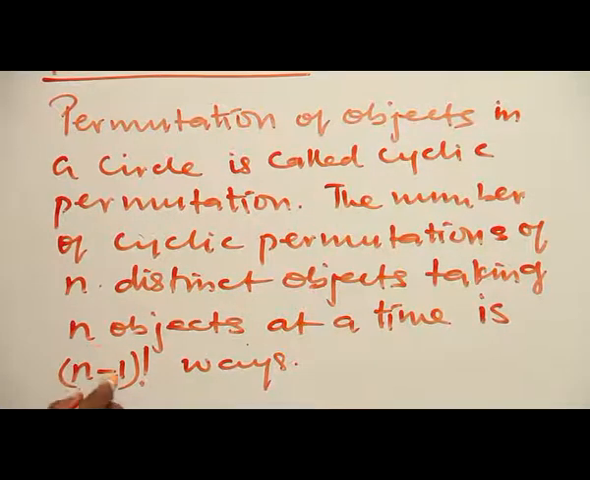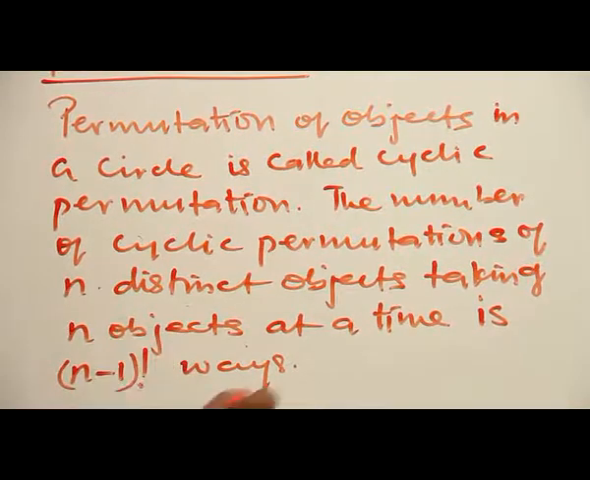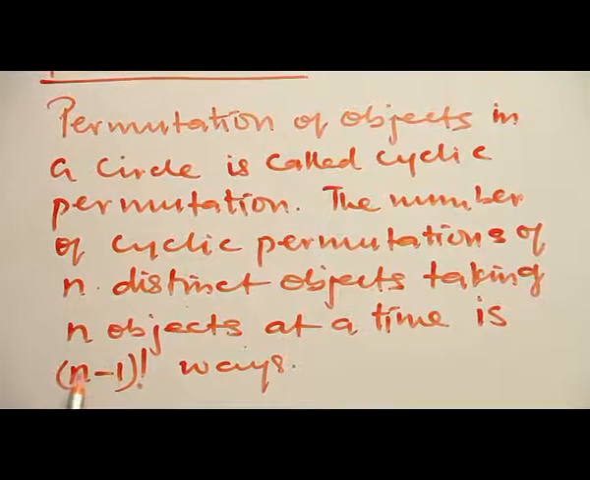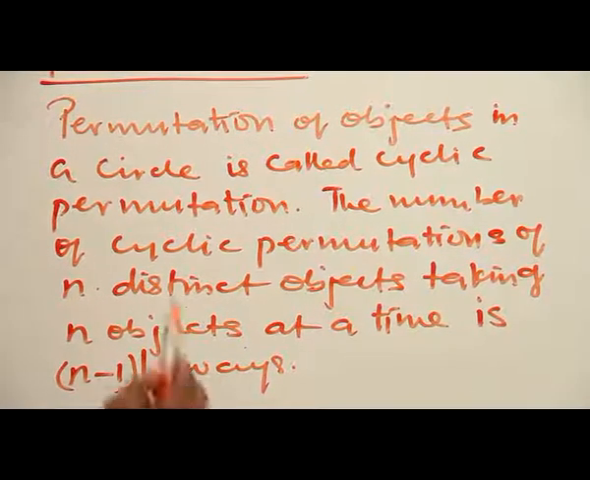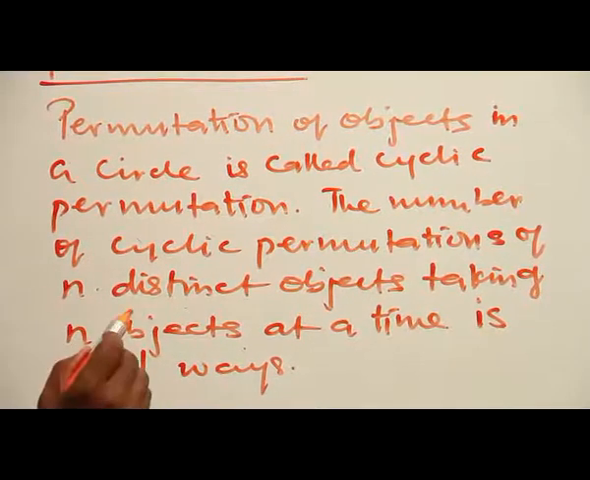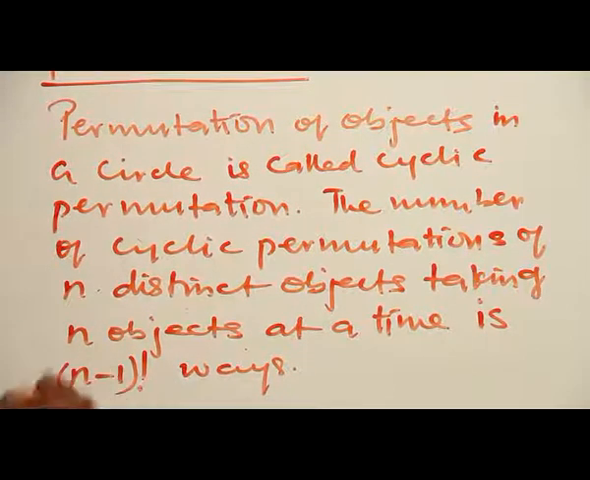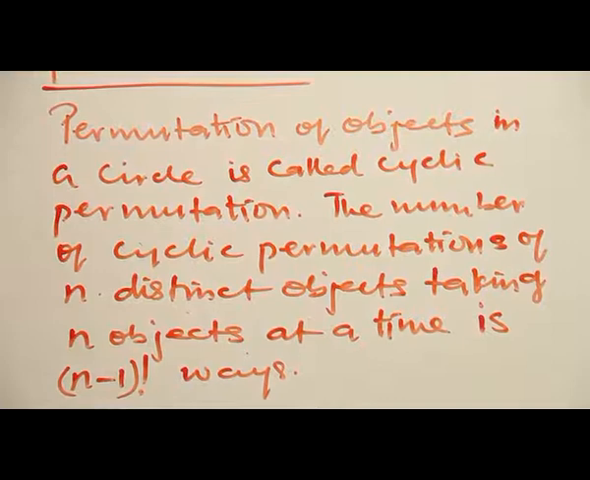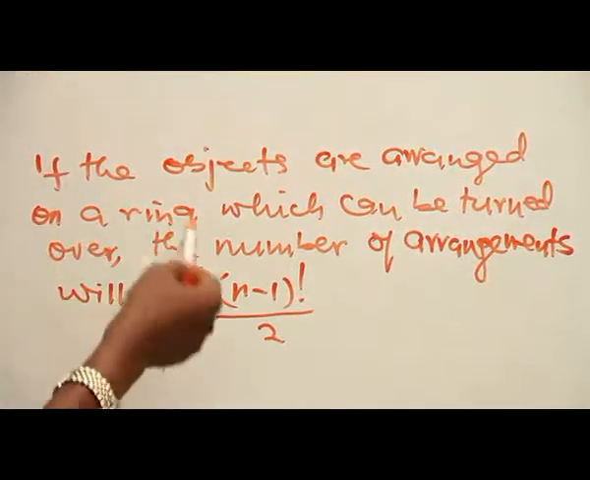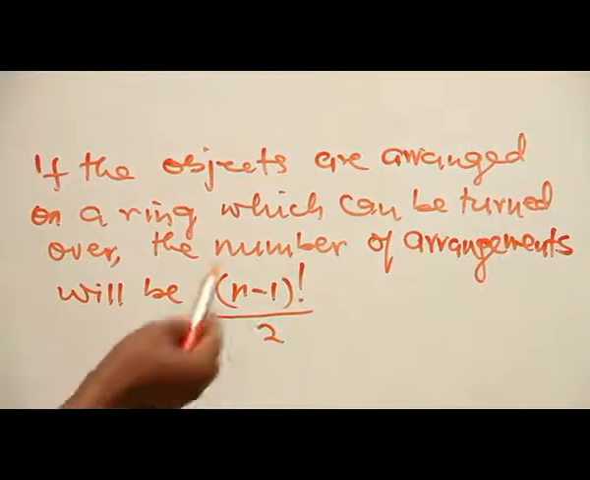That's why you have to subtract 1 from the number of members of that committee, and the rest will sit round the chairman's seat. So that is why we have (n minus 1) factorial ways of doing that. Take note of this. In a circular form, one position, one seat must be fixed, and the others are permuted or arranged around that. If the objects are arranged on a ring which can be turned over, the number of